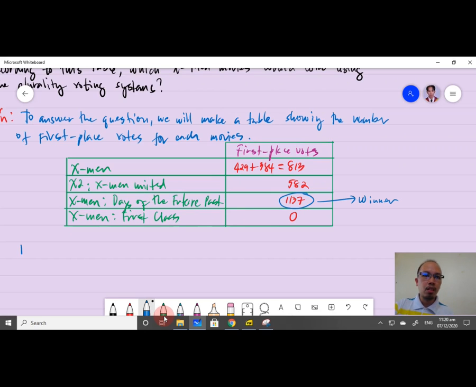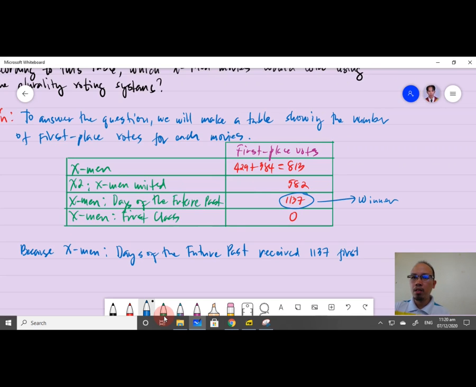Let me put here: because X-Men Days of the Future Past received 1137 first place votes,